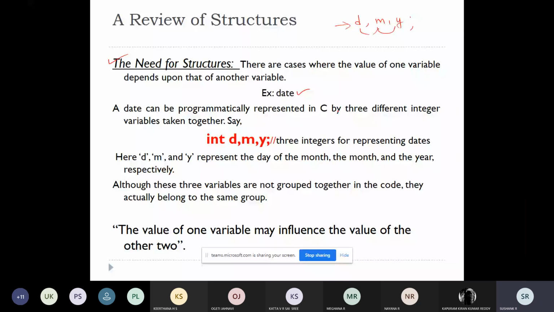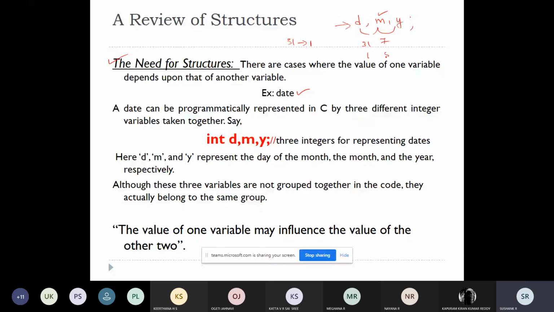Meaning, if the date is 31, and I write a function which will increment the day, obviously the month will change. So the month is 7. If I write 31/7, and if I change the day, this will become 1, and this will become 8.